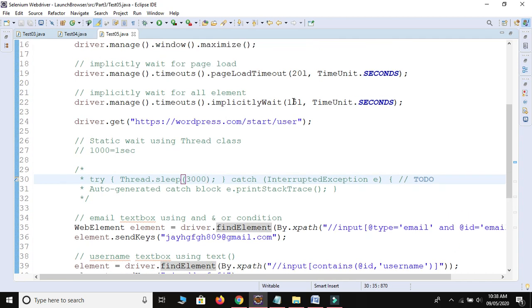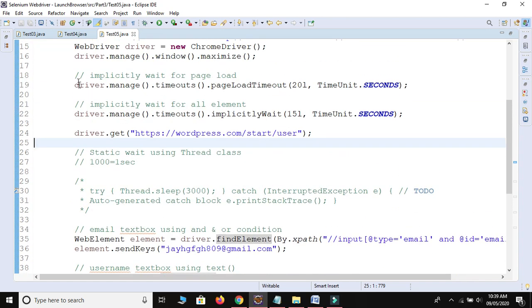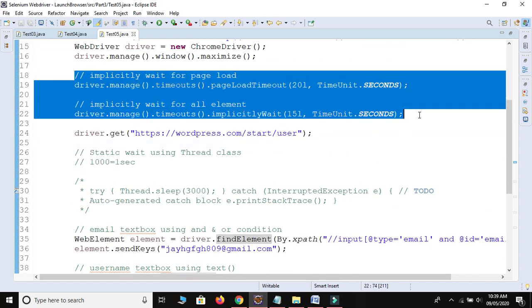But in this case, if you provide 15 seconds and your element is found in only 2 seconds, then the rest of the 13 seconds will be ignored. So this is the best approach, and this is the way to use dynamic wait for the page and dynamic wait for the web element in your script.